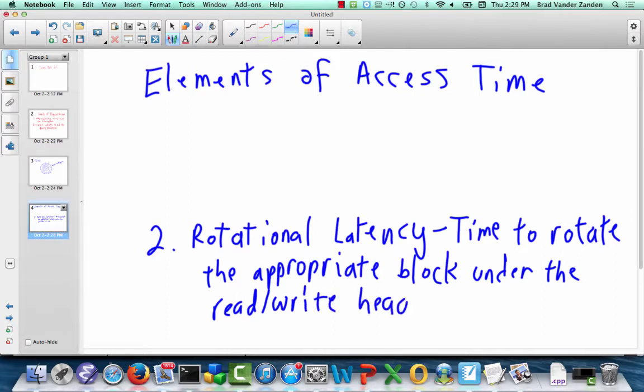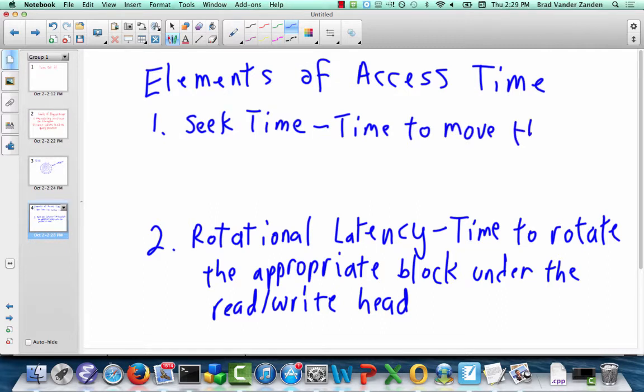Okay, and then there's a second measure. Yes, you have to move the read-write heads to the appropriate track, and that is called seek time. Okay, so that's time to move the read-write heads